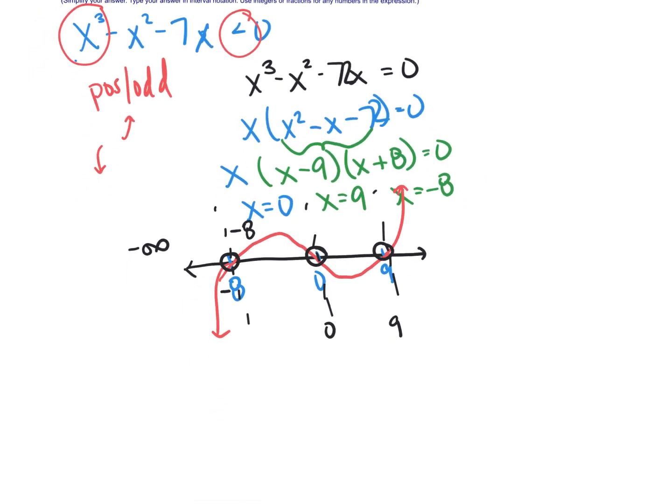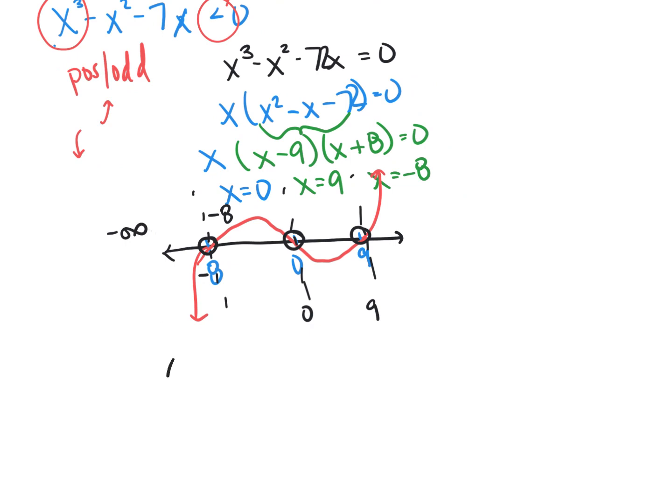So your solution set here is going to be from -infinity to -8. Because there's a gap where it's above, you need to use a union to close that gap. So that's union. We're going from -infinity to -8, and the union occurs here, where it is below right here,